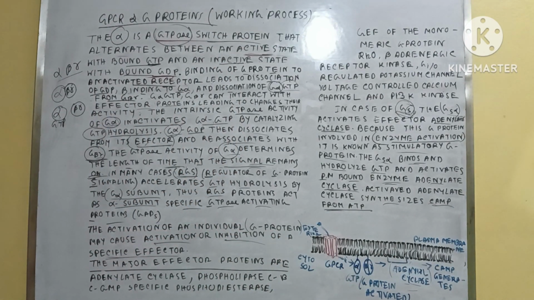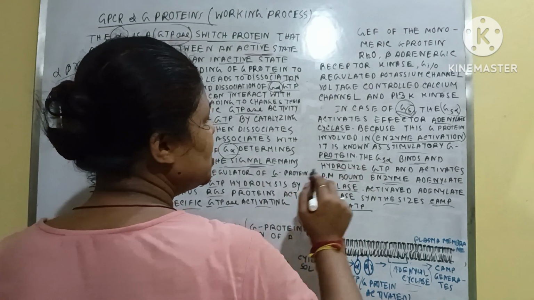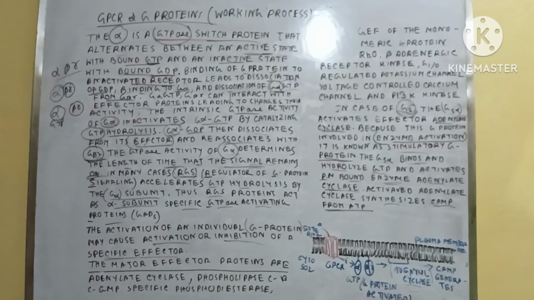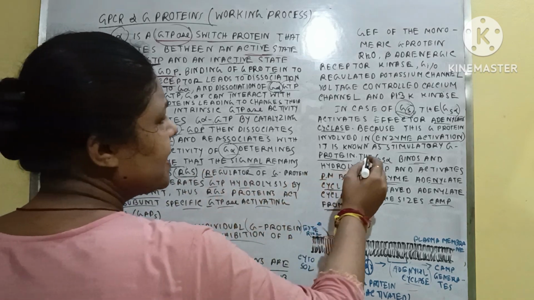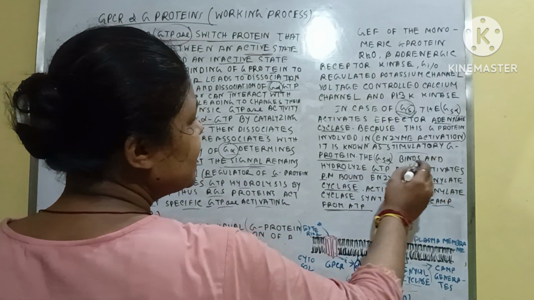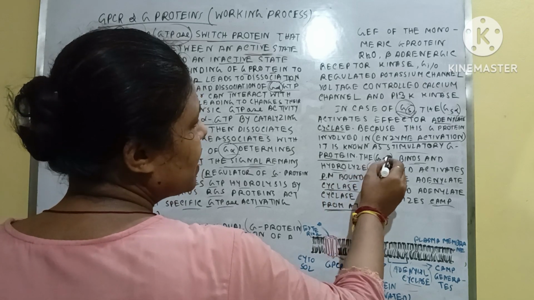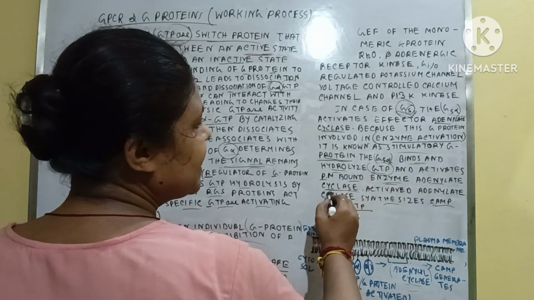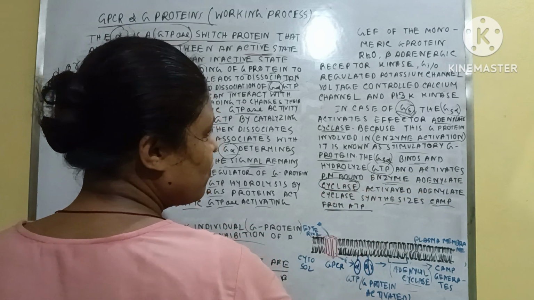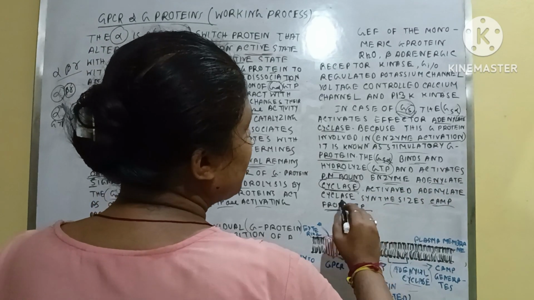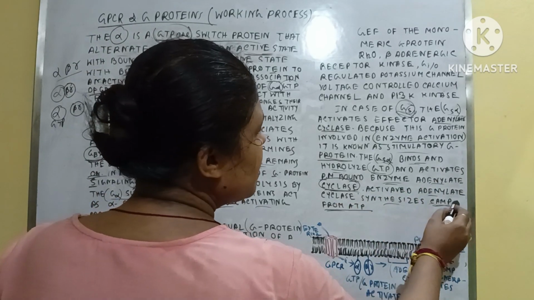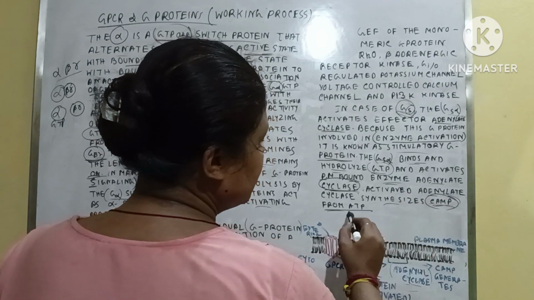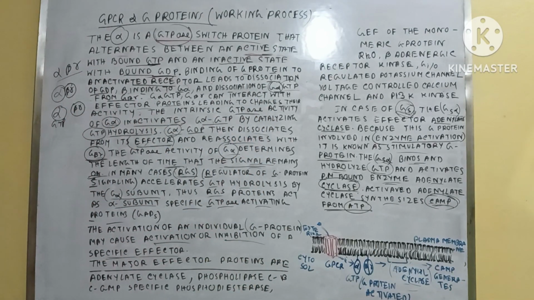So here S is the stimulatory G protein. Gs is the stimulatory G protein. And in the last case, Gs alpha binds and hydrolyzes the GTP. Gs alpha here binds with the GTP and activates the adenylate cyclase, and by the activation of this adenylate cyclase, the synthesis of cAMP is seen from ATP. Okay, so this is the working process of the GPCR and the G protein, and here